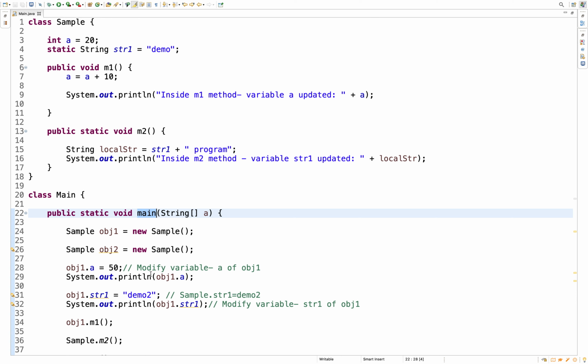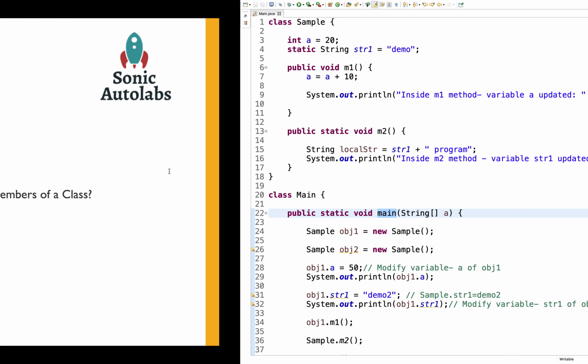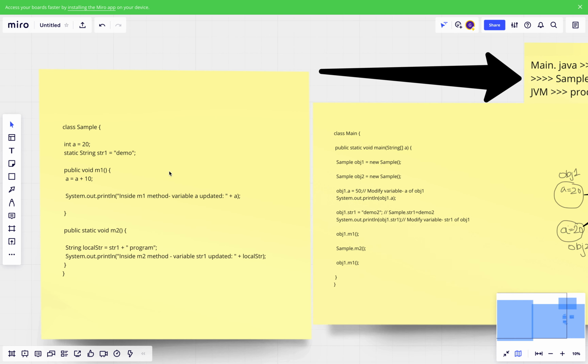Before we discuss everything here, let's try to understand in a broader way using the help of a diagram. I just kept the things here so that it will give you a clear picture of what's happening internally. If you see here, the same Sample class is there, and also the Main class.